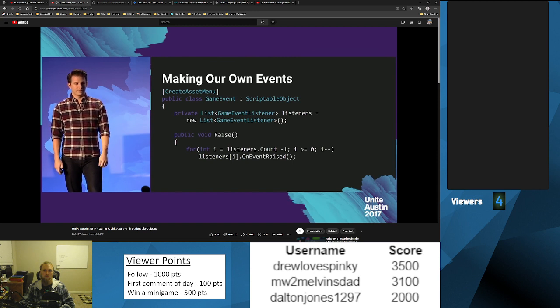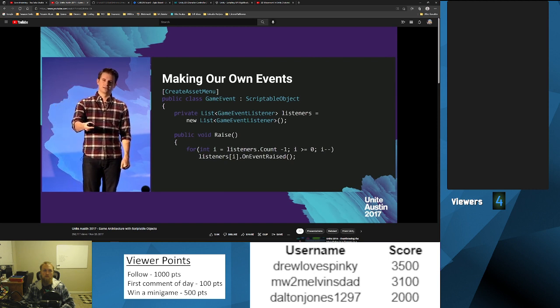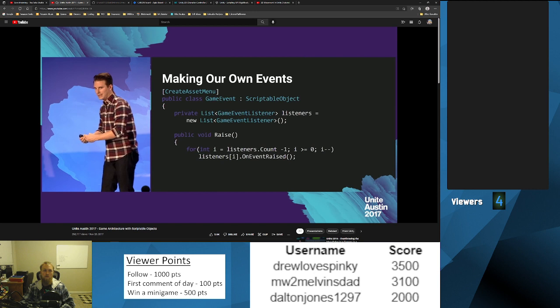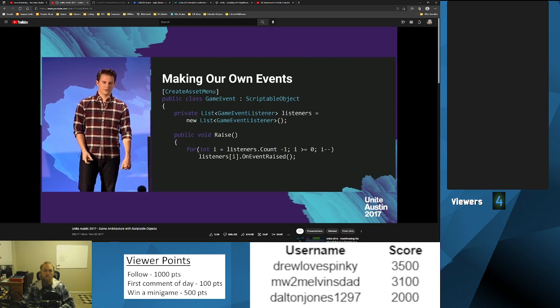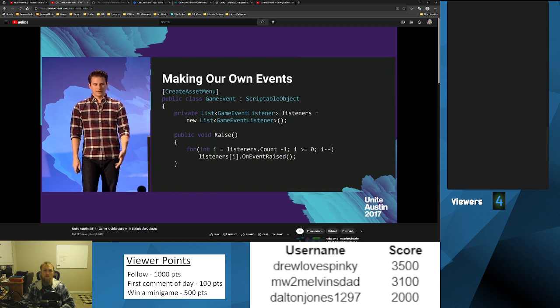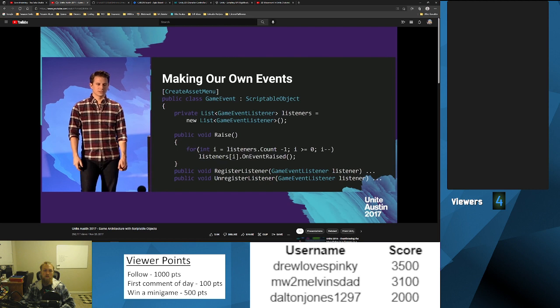And the reason why that's a useful pattern to use is in case an event's response or a listener's response includes removing it from the list. That way you're removing items behind you instead of removing items in front of you. So you can iterate through the list without an out of range exception. And then two functions that are not super important to really define, register and unregister, just add and remove it